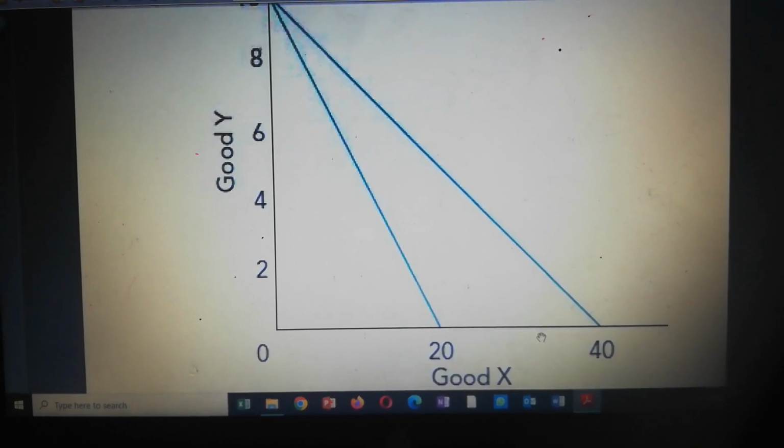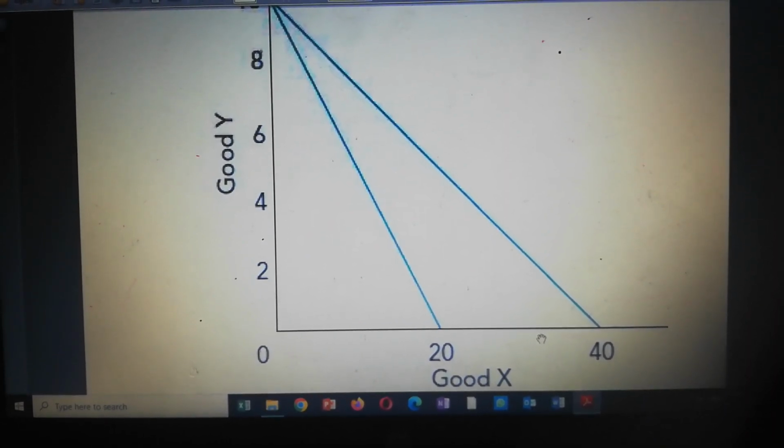I'm going to introduce another important aspect of how sometimes you can combine these budget lines with indifference curves. I'm going to explain that in the next